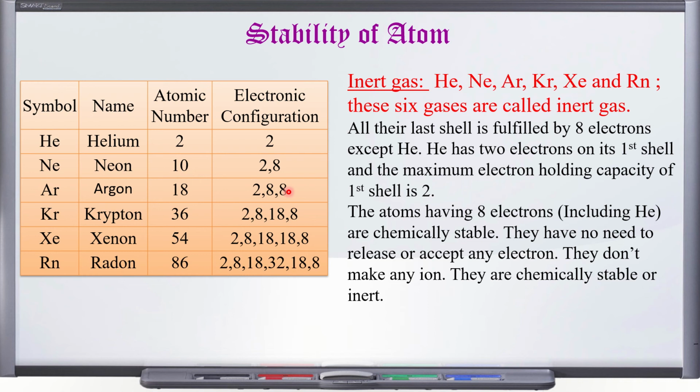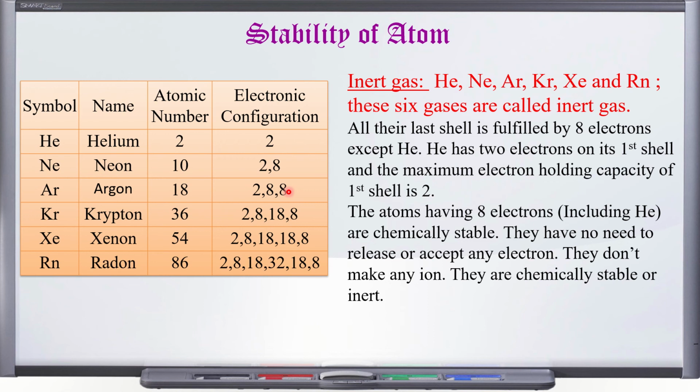There are many compounds, but do you hear of any compound which is made by these elements? There are huge numbers of compounds made by all other elements, but there is no compound of these. There are some exceptions, some complex compounds which you will learn in upper classes, but at this level you have learned many compounds, and none of them are made by these elements, because these elements don't make any ion, even they are not combined with their own atom.